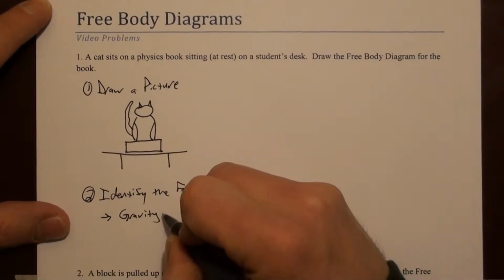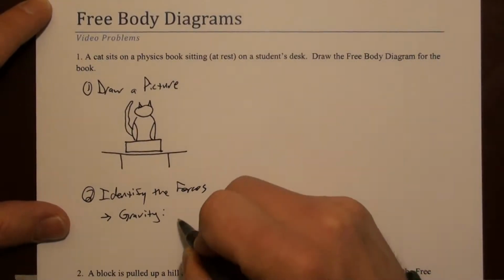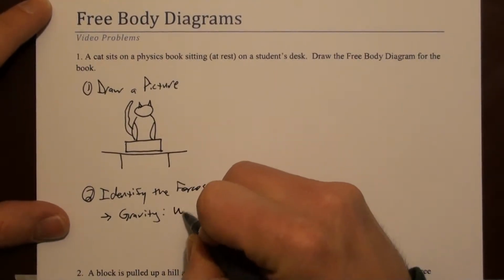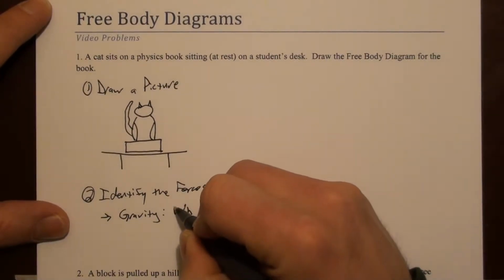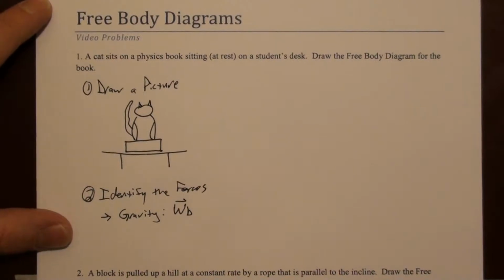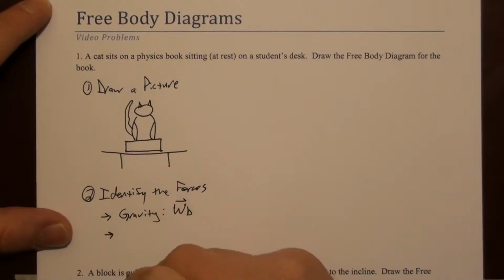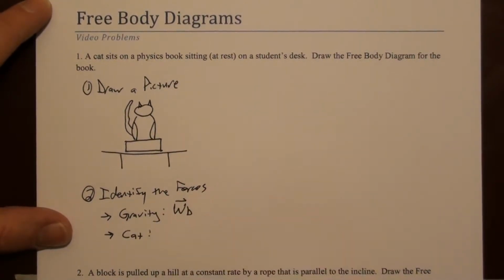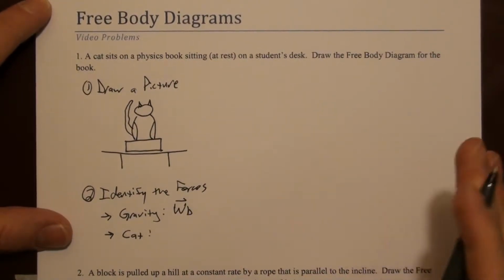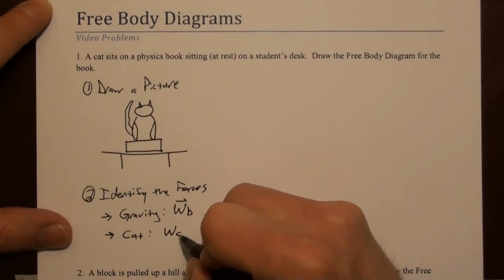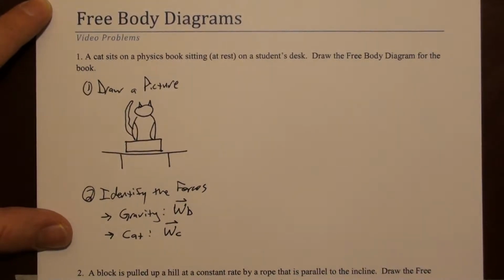Maybe we'll call it W sub B for weight of the book. We also have the force of this cat, which we recognize immediately. This is going to be the weight of the cat, W sub C,